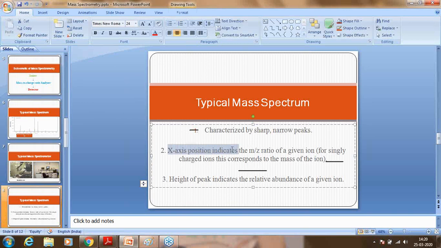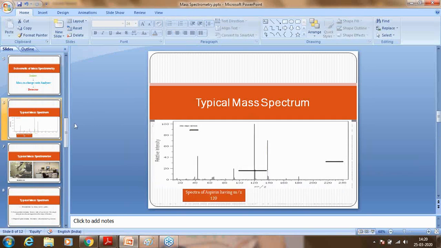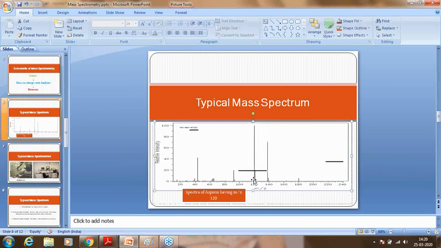The x-axis position indicates the m upon z ratio of a given ion, which I have already told you, and the height of a peak indicates the relative abundance of an ion. I had already told you this height indicates the relative abundance of a molecule in a sample, and the x-axis shows the mass upon charge of that molecule. Now, with this m upon z and the relative abundance, we will get an idea about the structure of the molecule which is present in the sample. Next,